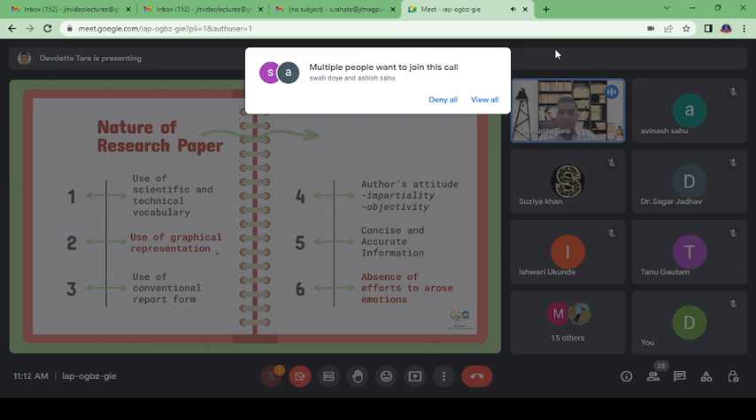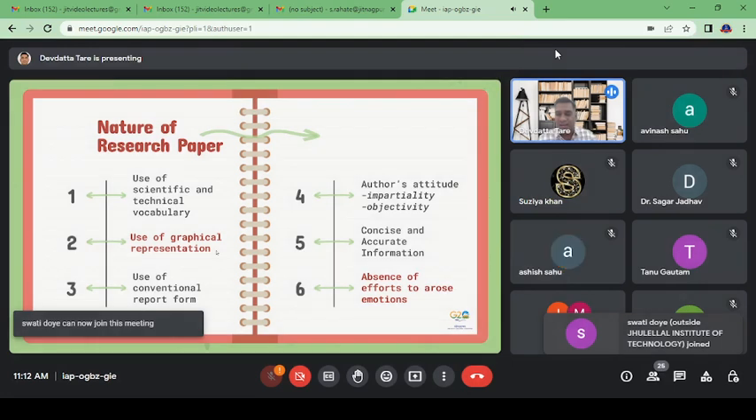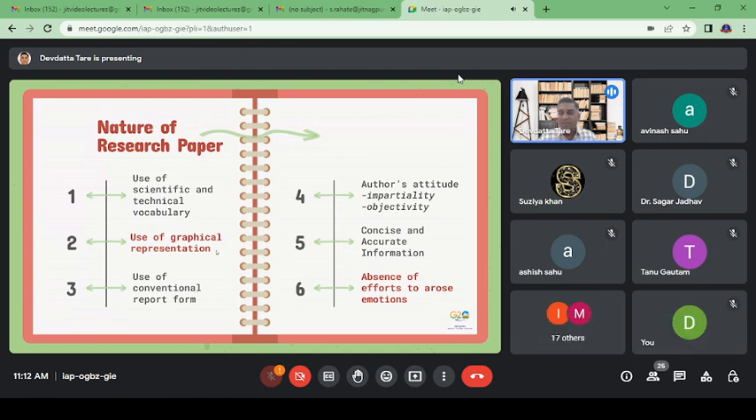Then the fourth point, which should always be there in your research paper, is the author's attitude. Now, what is author's attitude? First is impartiality, and second is objectivity. Now, what is impartiality and what is objectivity? Even if you are doing some research, you should be without bias. You should be without bias. Now, when I say bias,